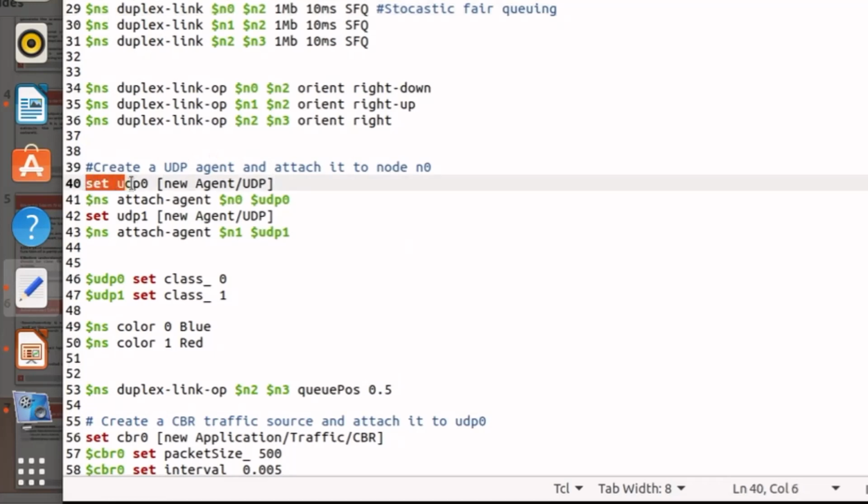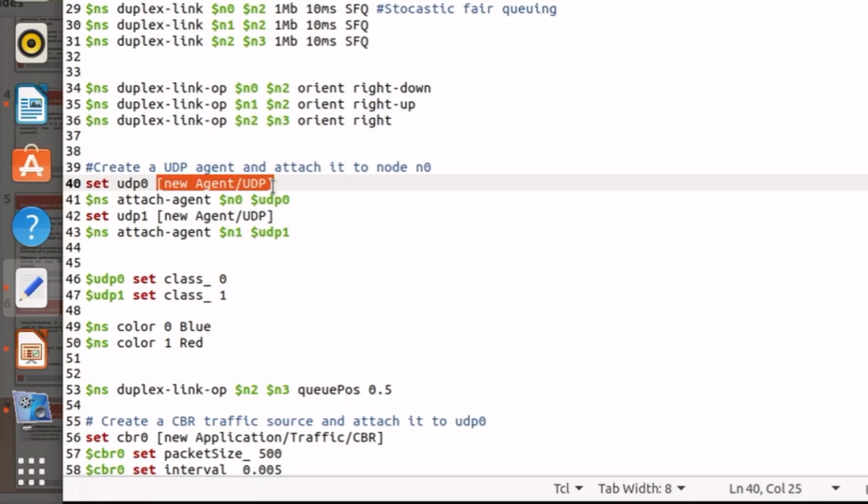Here see these lines, set UDP 0, new agent UDP. Set UDP 0 means UDP 0 is a variable, and this variable shows a UDP agent.